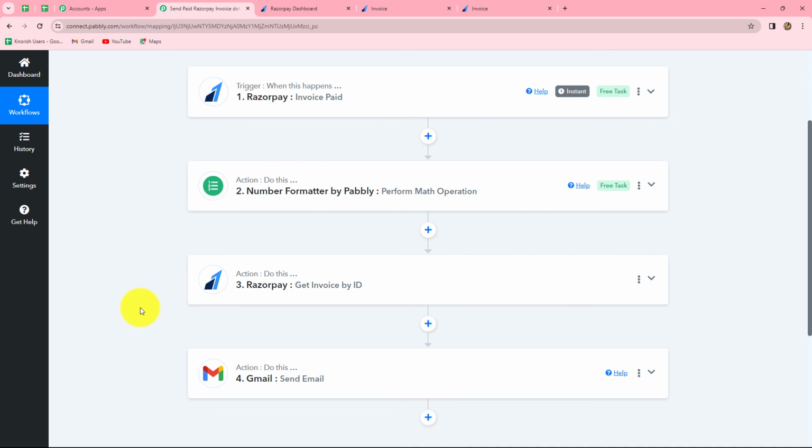In between, we have also applied number formatter by Pabbly in order to perform the math operation for changing the amount which we have received into a correct amount. Okay, and we have also used one more action step as Razorpay to get the invoice detail by invoice ID so that we can use the same details in order to map the data for sending the email. So this was the full workflow and these are the steps which we have to follow in order to create this automation. You can very easily create this automation by following the same steps and integrating all these applications, and this is going to help you to automatically send email to your customers with the invoice details whenever the invoice will be paid in your